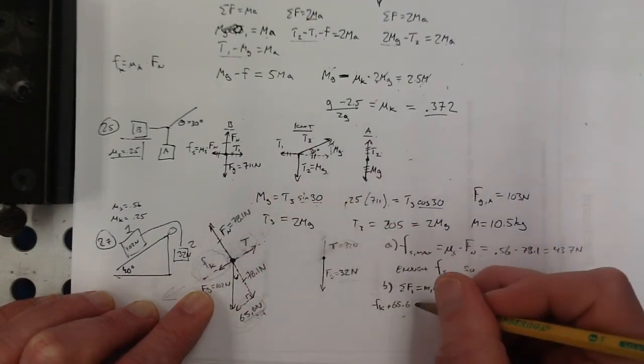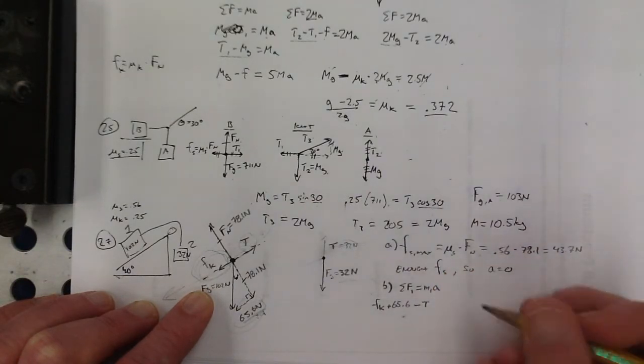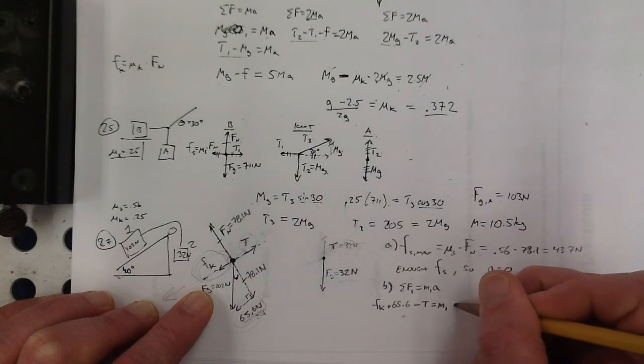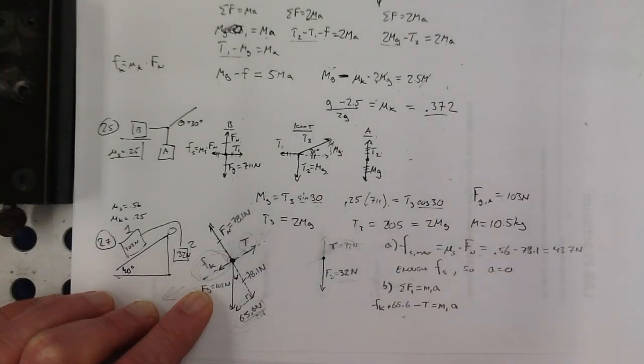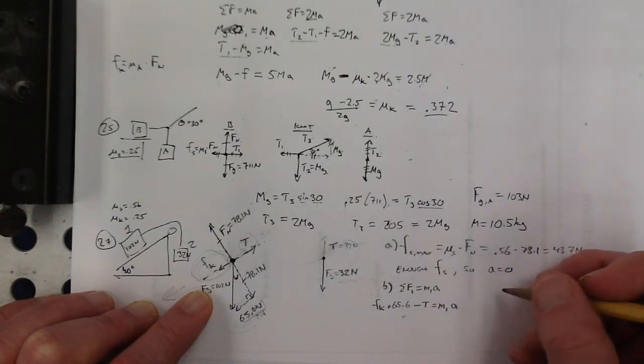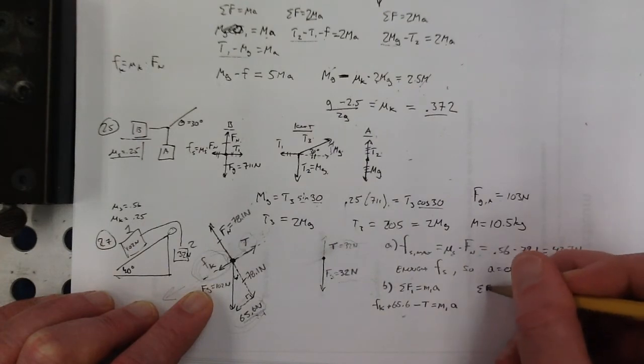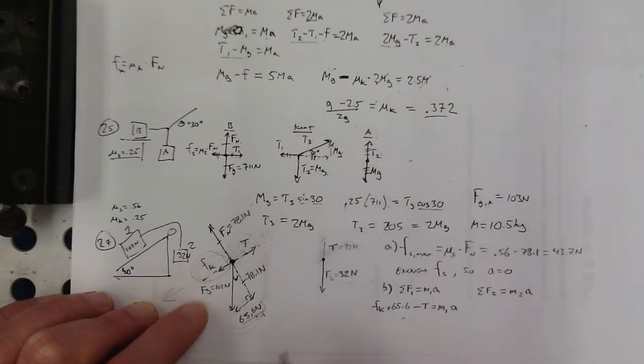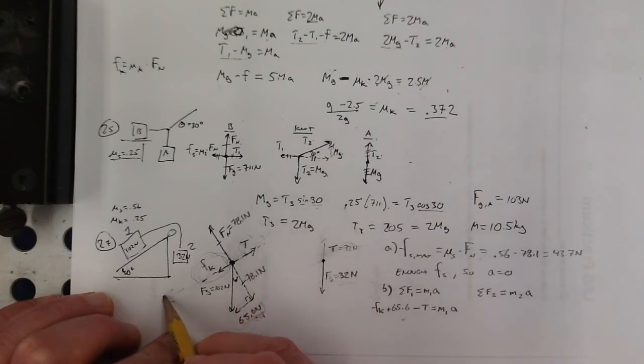Those are winning minus the tension losing is equal to the mass of that block times the acceleration. And the sum of all forces on block 2 is the mass of block 2 times its acceleration. And here, I'm assuming that this is the winning direction, so that means this would be the winning direction here,